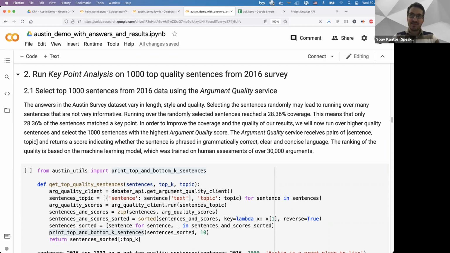Someone asked about the meaning of sentences being well structured. I agree that it's not well defined. Again, for more details on exactly how the model was trained, you can read on the site. But I don't think it's a grammatical check of the sentence.